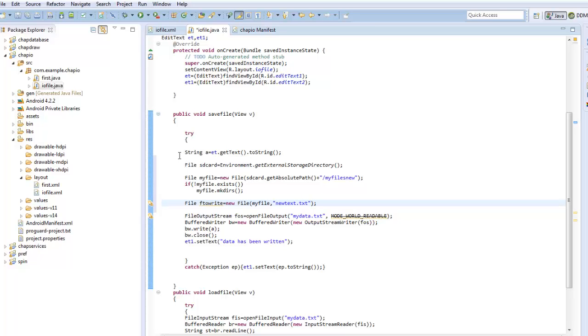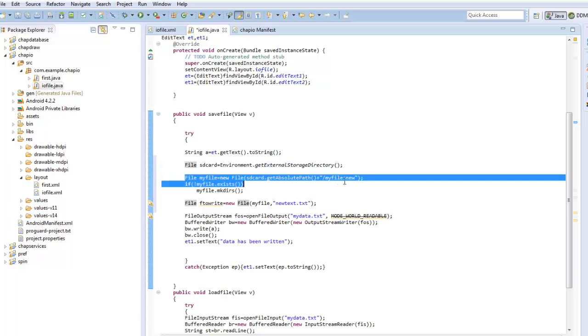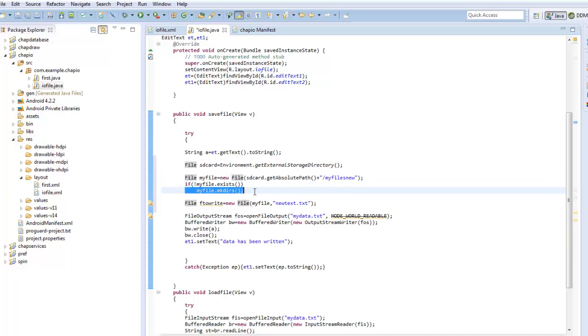So what exactly have we done is we have got a file object corresponding to the SD card, and then we have generated a new directory on the SD card, and in case it wasn't there already, we have generated the directory, and then we have generated a path to the file to which we are writing the data. And now I can say FileOutputStream is equal to